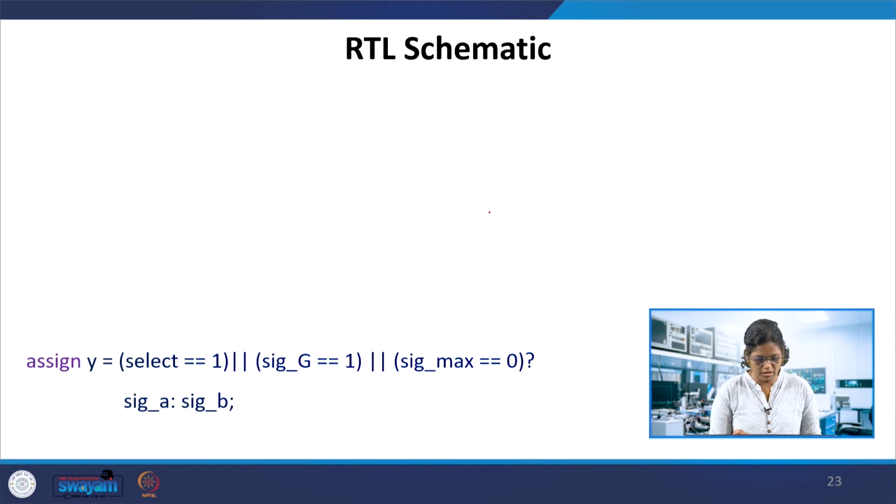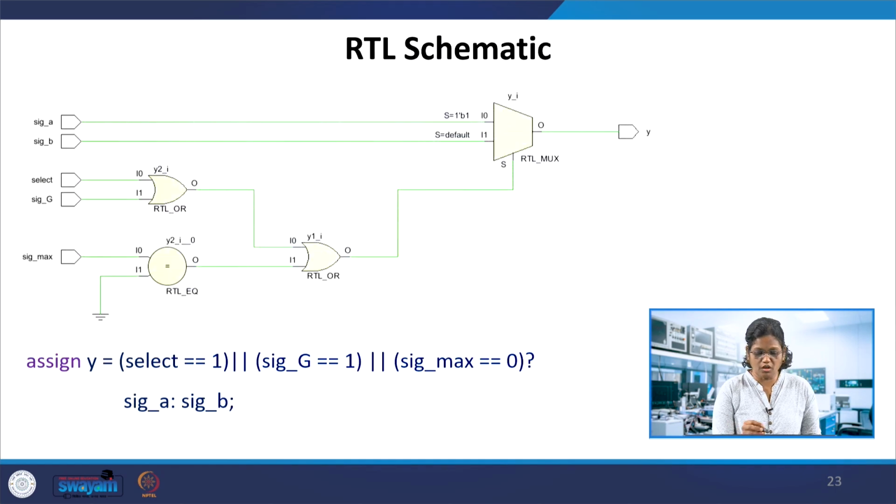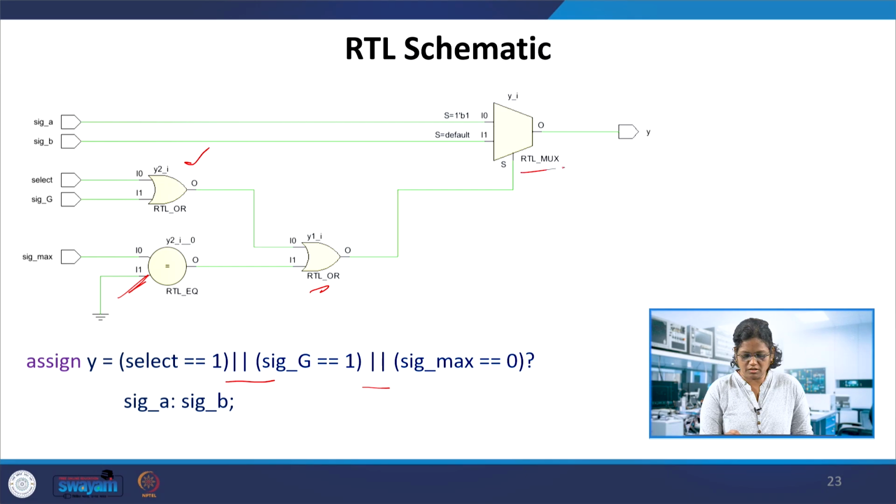Let's see how it is getting synthesized in the RTL schematic. We can see signal A, signal B, select signal G and signal max. Select signal G is ORed with signal max here, and if it is equivalent to 0, you can see how it takes the equivalent in RTL, and then this is given to a mux.